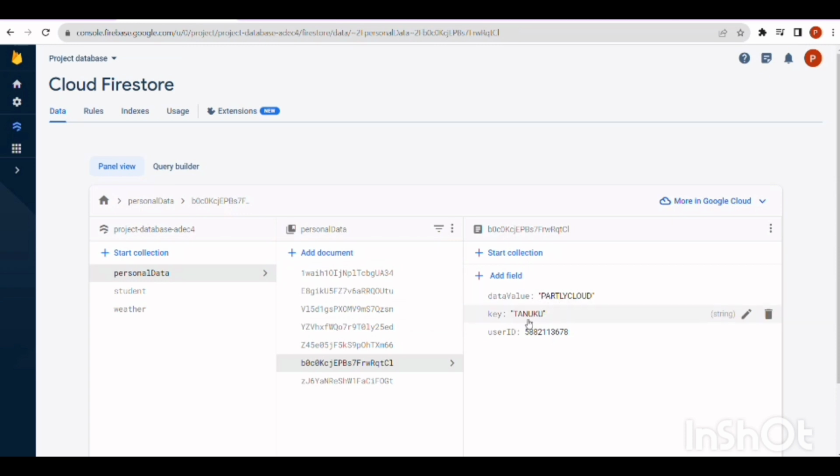Here we can see that Tanku has data, so much data is associated with Tanku. So we can easily